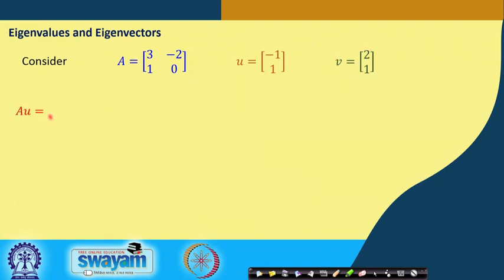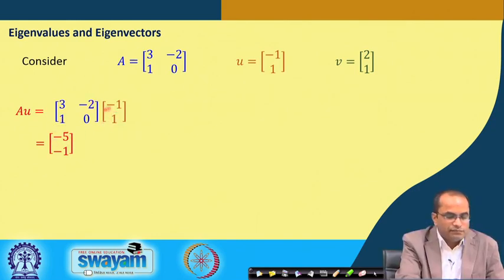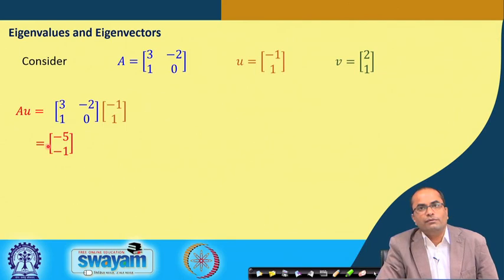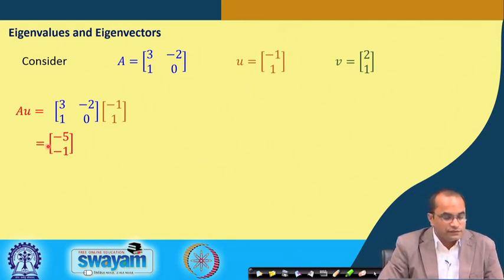if we compute this product A and u, this product will be minus 3 and then minus 2, that will give minus 5, and then here minus 1. So, the second component will be minus 1. So, we have this result minus 5, minus 1, but if we do this product with this